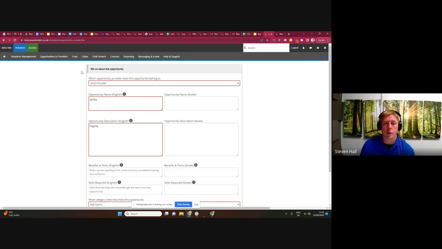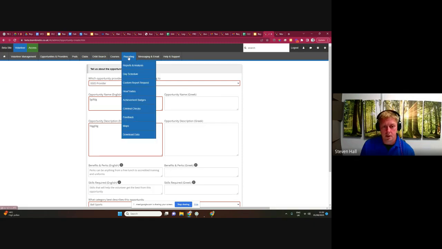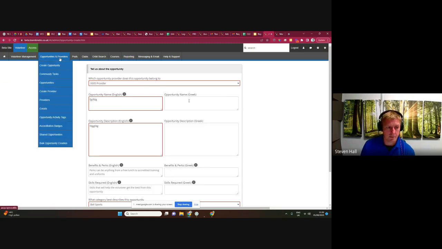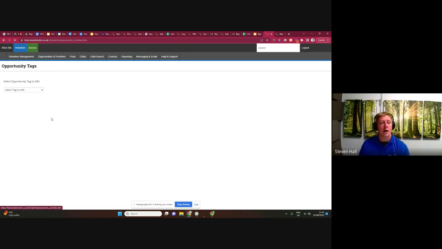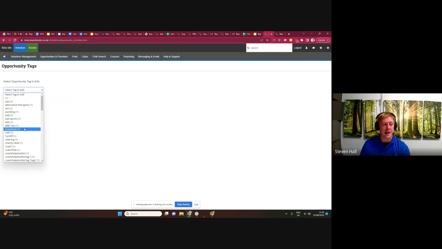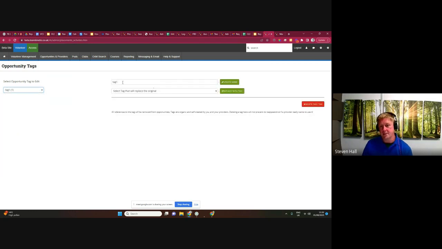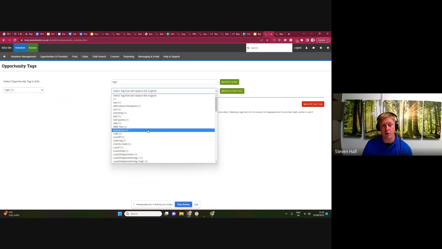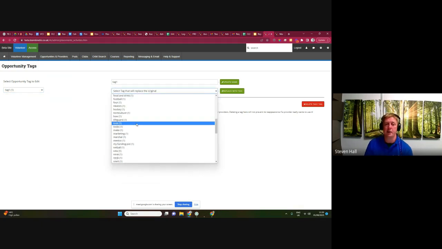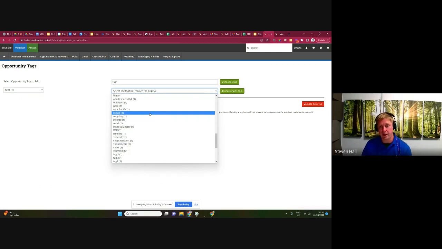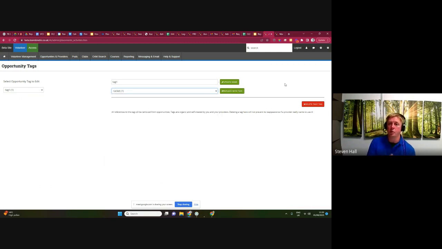So when you're in reporting, opportunities and providers, activity tags, activity tags. Brings up this page where I can see all the tags that have been typed in. And by selecting one, I could say, oh, right, well, try and find 2 that are the same. I could say tag 1, for example, is the same, replace it with this, and I can find another tag. So say tag 1 said admin, I can find administrator in this drop down list, click on it, and then replace with this, and then it's going to make them all the same. It's going to regroup them,